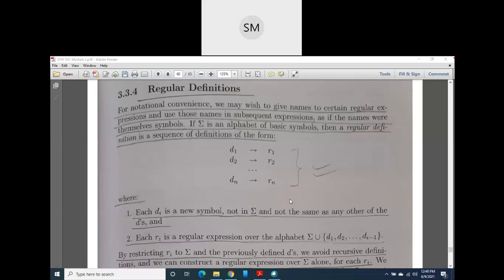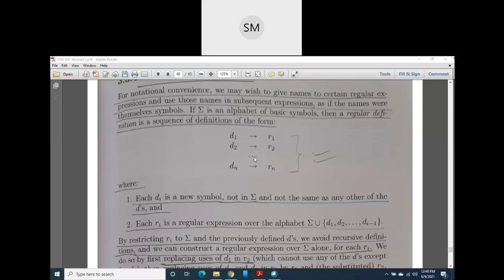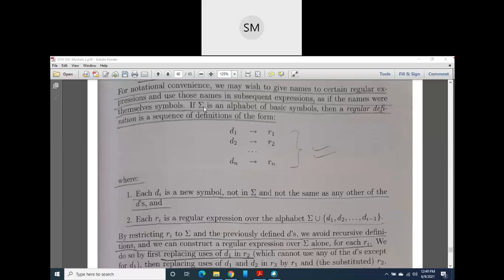So these regular expressions which are given a name, it means that we are defining them. Because of that we call this type of regular expression a regular definition. Regular definitions are not a new thing, they are regular expressions only, but we have given a name to those regular expressions. Instead of directly writing those regular expressions, we write their names. So they are called regular definitions. Okay, so here we have written some regular definitions on our set of alphabets, that is sigma.